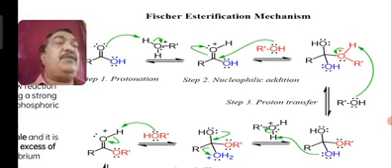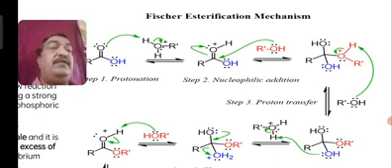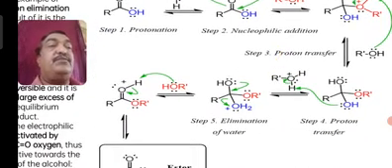In the next step, what happened? The lone pair of electrons between hydrogen and oxygen will be shifted towards the oxygen, and that oxygen will be taken by R'OH. Okay, and you will get R-OH-OH-OR' and OH. And here again the protonation. Okay, so it's a proton transfer, it's a protonation.